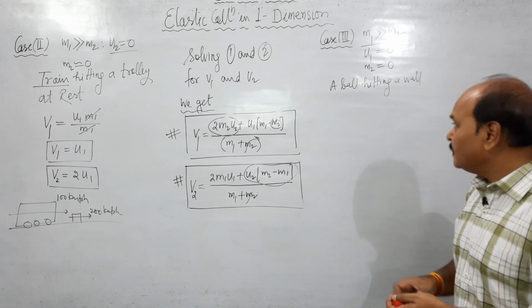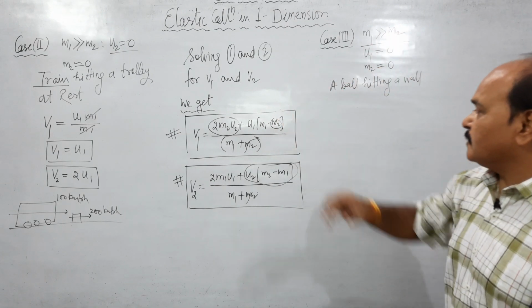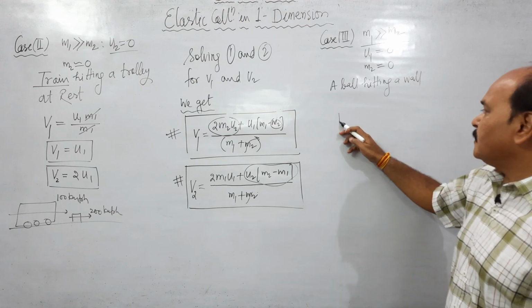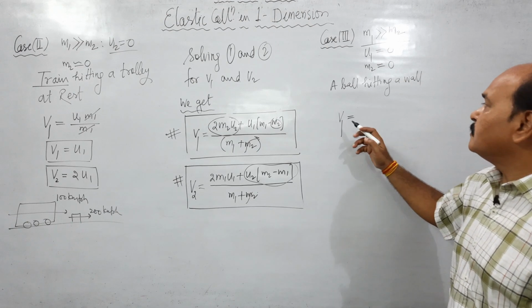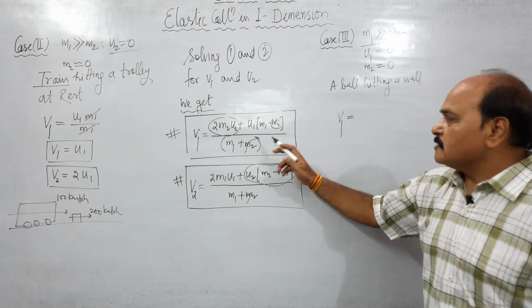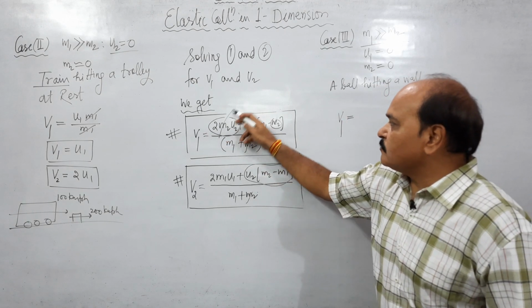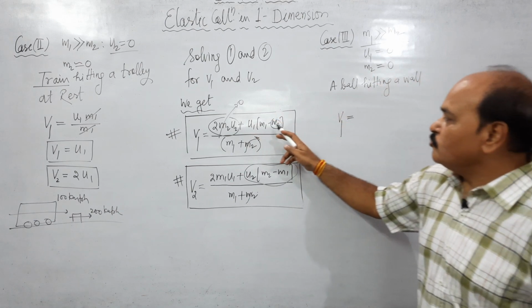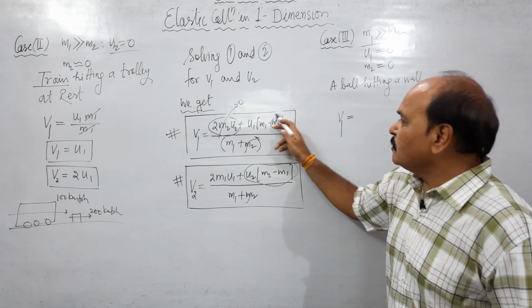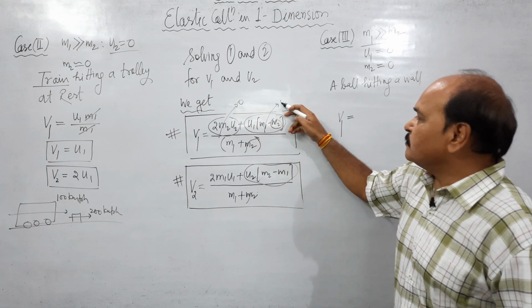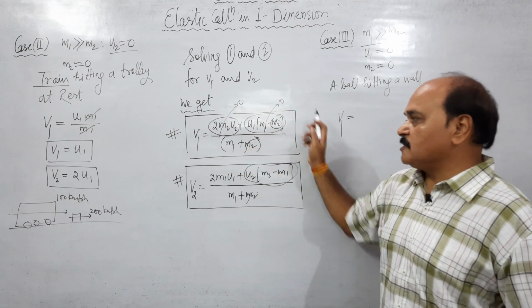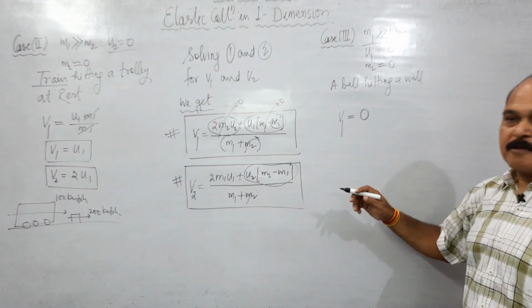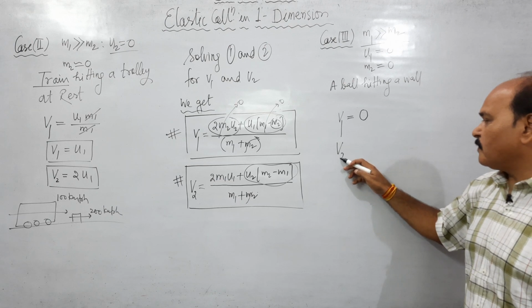Let us substitute these values in this equation. Well, what is this v1? Let us find out. See, m2 is nearly equal to 0. Since m2 is nearly 0, this term becomes 0. And u1 is 0. When u1 is 0, this whole term becomes 0. This simply means the whole numerator is 0. That means v1 is going to be 0. What about v2?